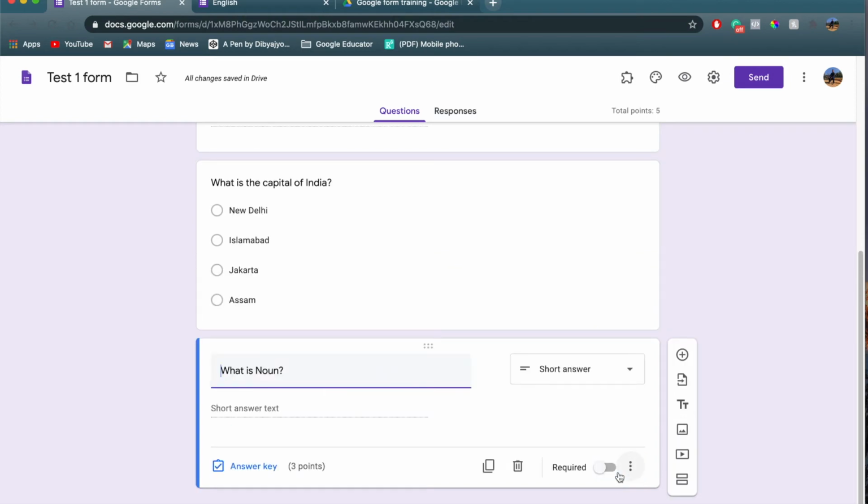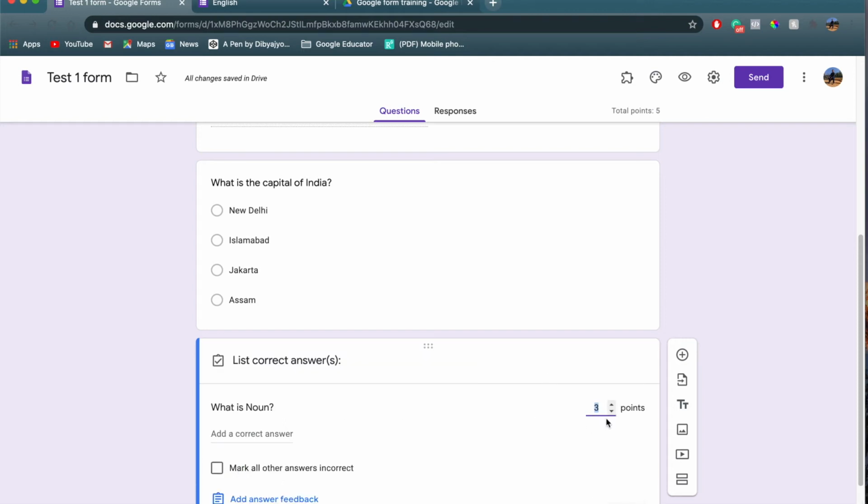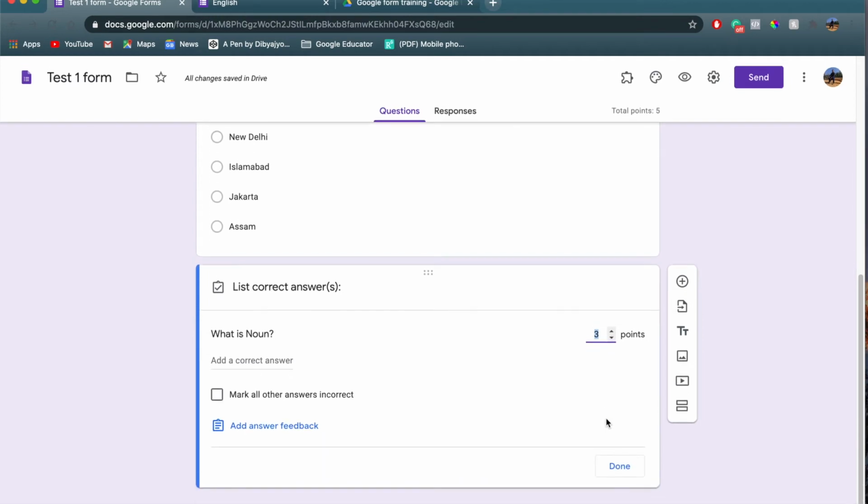So it is recommended to go to the answer key and give all types of questions certain marks. Here it is written points. So make sure to give marks to all the questions.